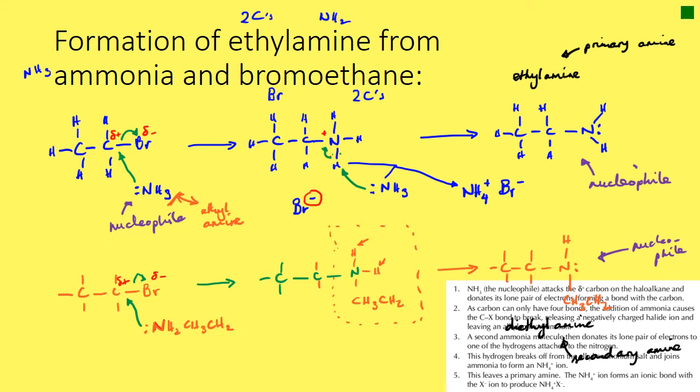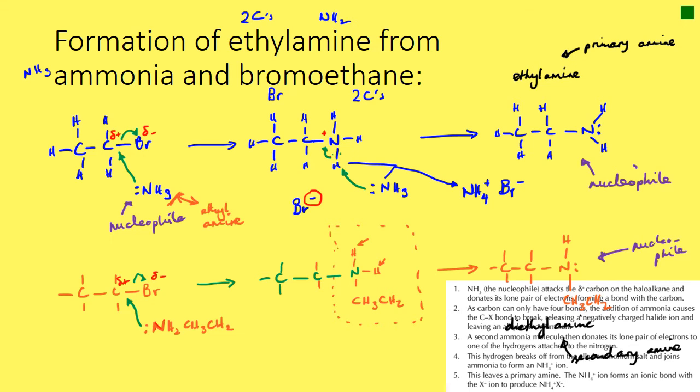And I hear you asking yourselves, well, why should it stop there? Because, look, this secondary amine has still got a lone pair of electrons, so why can't it act as the nucleophile? And of course it can, right? So we're going to label that as a nucleophile as well. So that indeed could act as a nucleophile for the first step of the reaction, in which case you would get a tertiary amine,